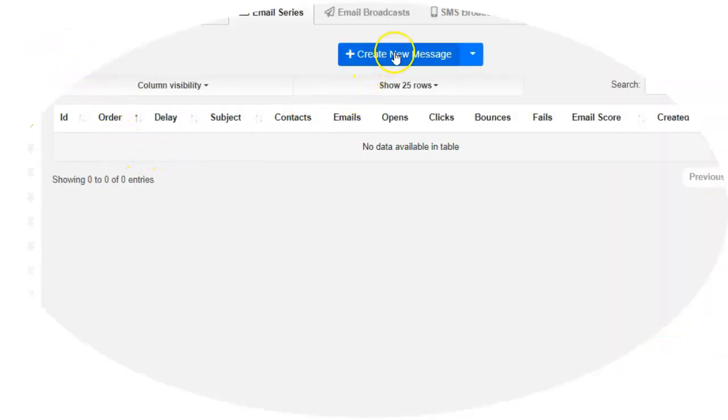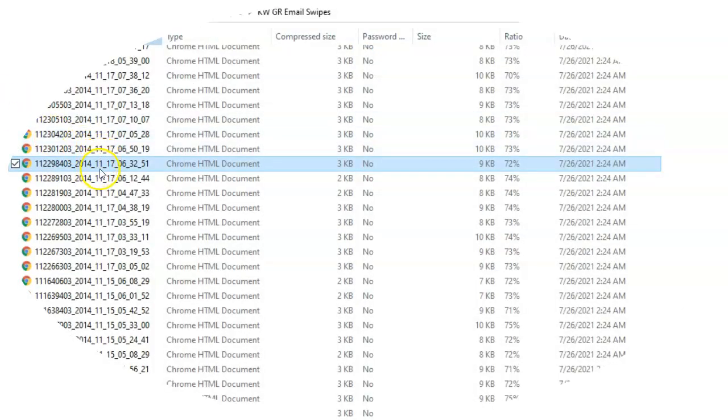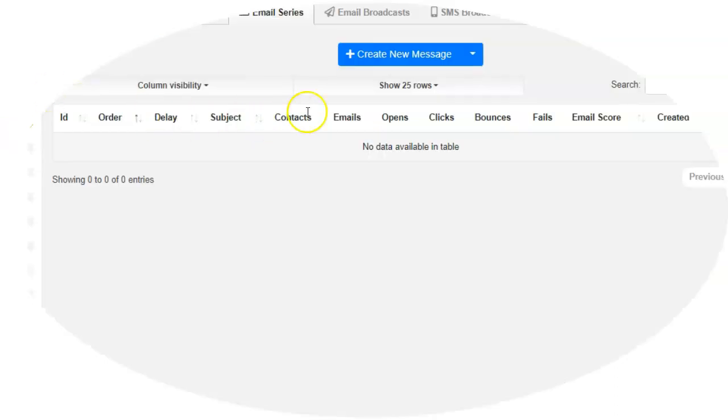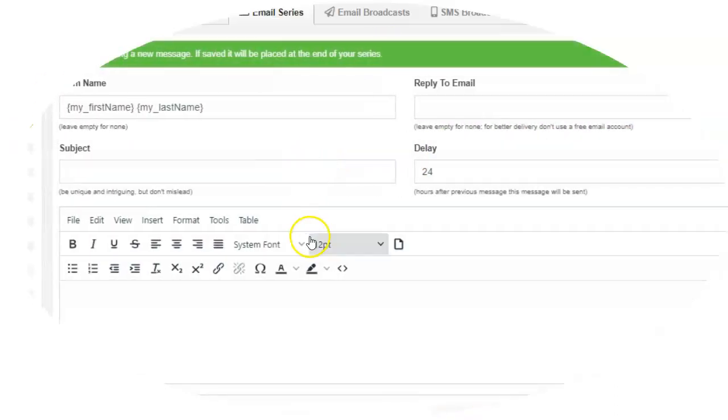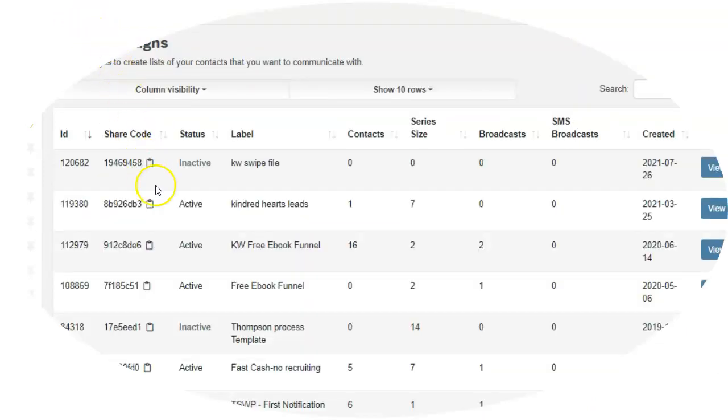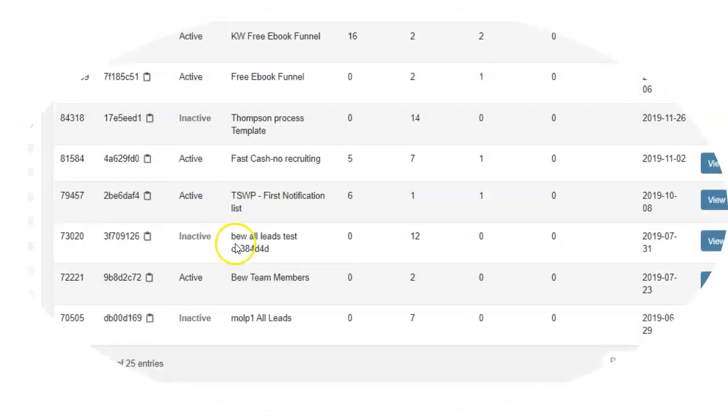And you'd actually create messages. You hit create messages and literally go to these links and copy and paste my messages in there. So you create a new message, copy and paste my messages in there, save it, and that'd be fine. Now, all you'd have to do when you're ready to create a new series, or if you already have an email series that you want my messages put in, you just copy that share code. You just hit that button to copy the share code and literally go use the share code in whatever